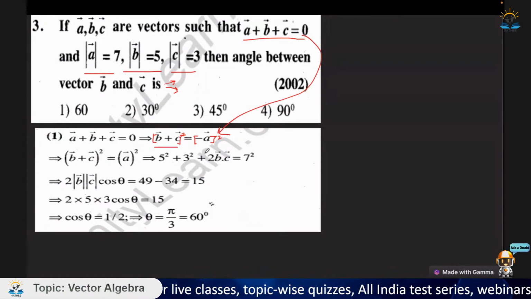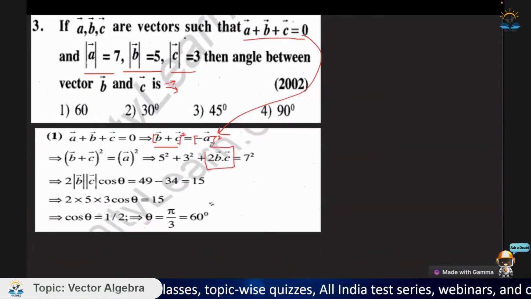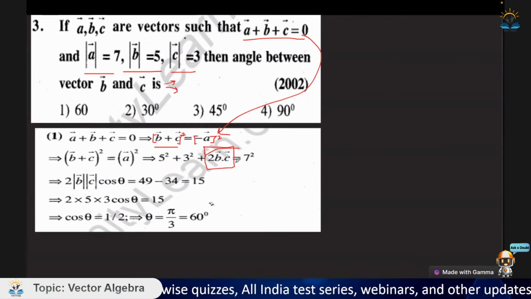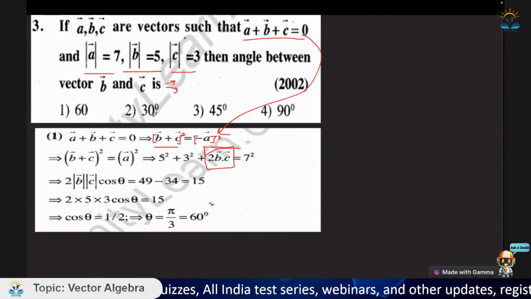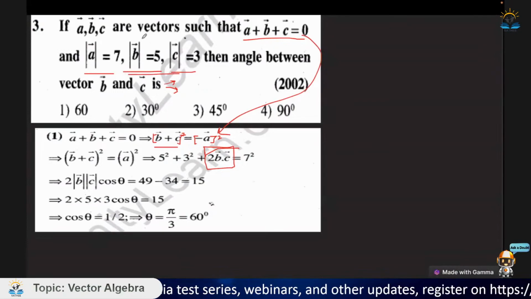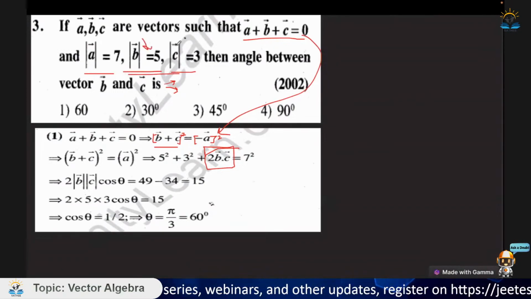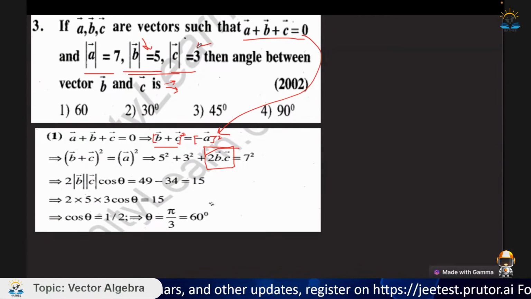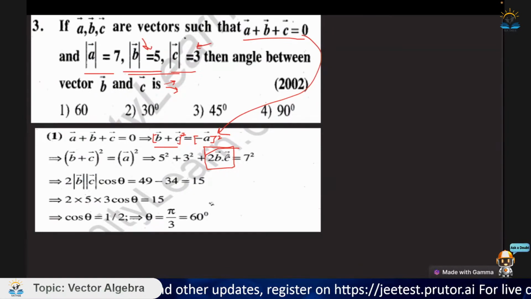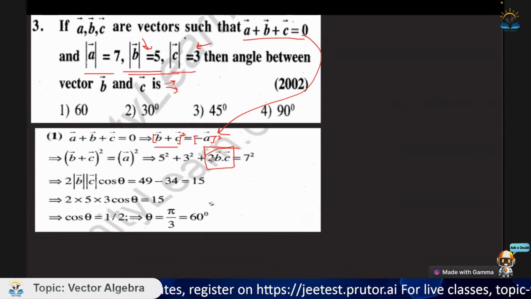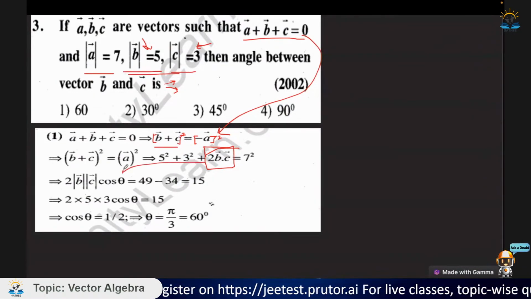So finally we are approaching towards answer, our answer कि अगर हमारे पास यहाँ से b dot c निकल गया, ओके, तो हमारे पास b और c की magnitude पता है, ओके, ये दोनों, ये 5 दिया गया है और यहाँ पे 3 दिया गया, ओके। सो हमारे पास b dot c आ जाएगा यहाँ से।